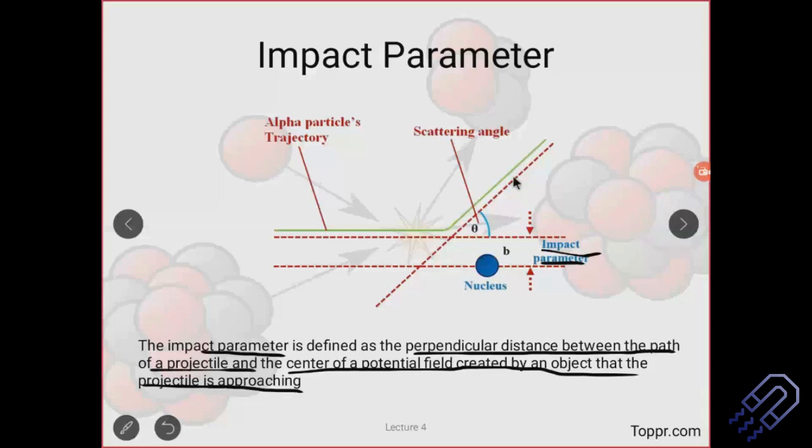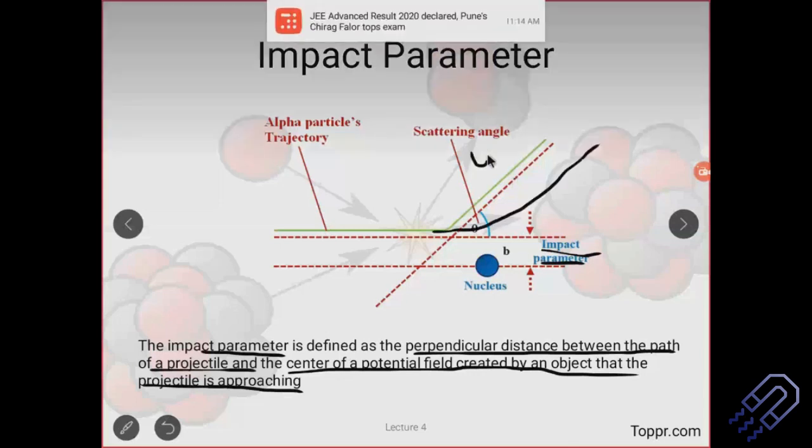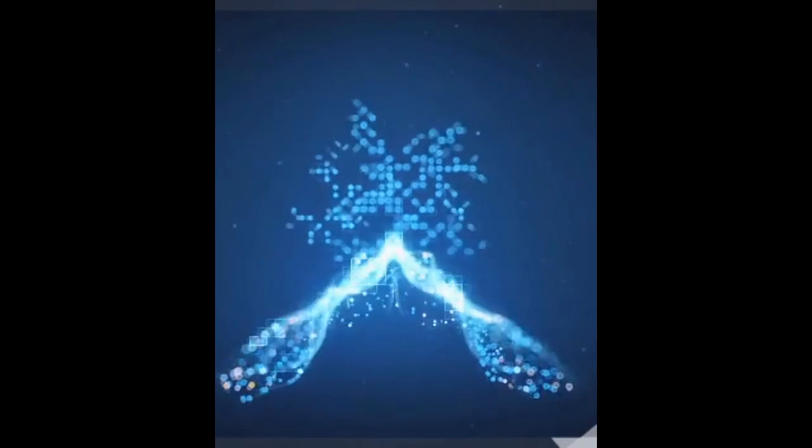It might be somewhere here. Maybe I can draw. It will be somewhere here. It's going to be something different. And it depends on the velocity, of course. We are going to look more into these things. So we have got the velocity here less, and the velocity here more. If the velocity is more, the deflection is going to be more or less different.